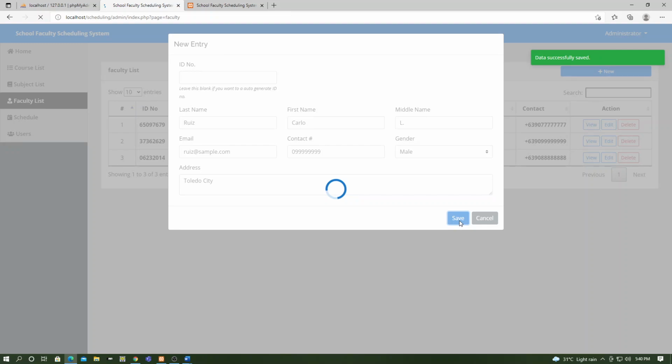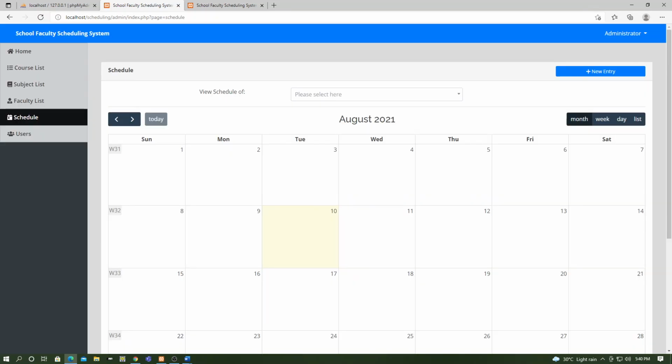Next is the schedule page, the page where the system admin and staff users manage the schedules of each faculty. In viewing a particular faculty, there is the view schedule of option.